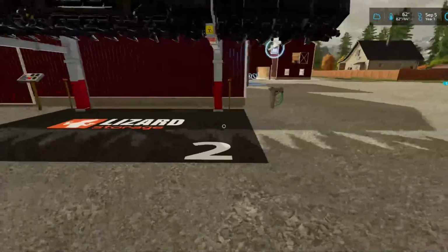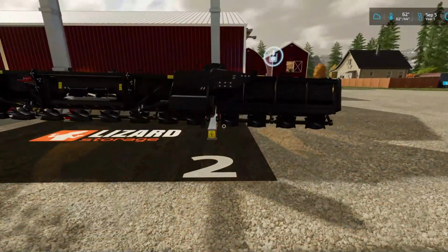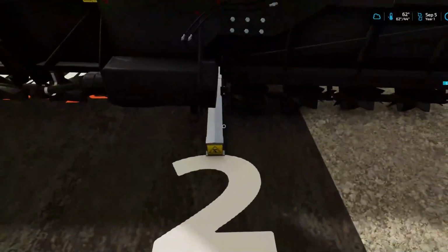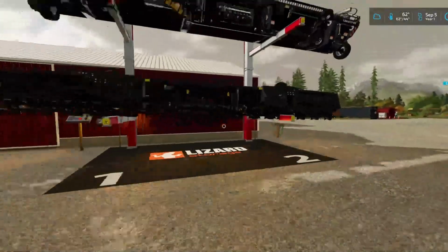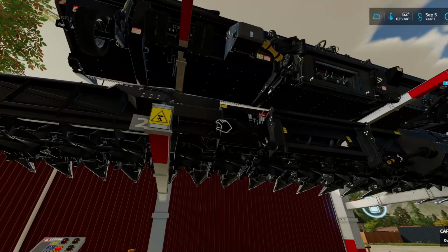So it actually is kind of neat. You come over here, I'll lower it down so you can pick up this header, and when you're done, you raise it back up. If you want number one, first of all, I haven't tried it yet,